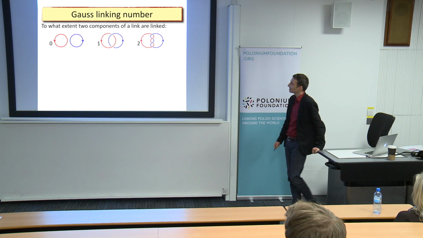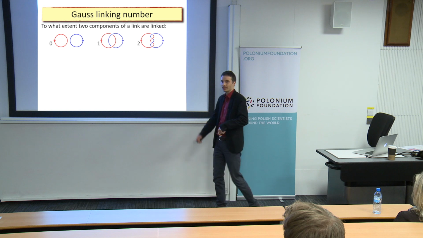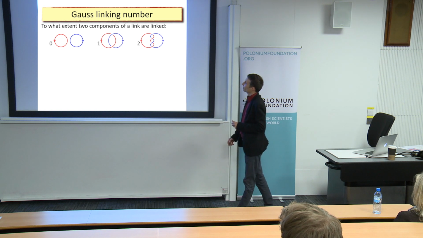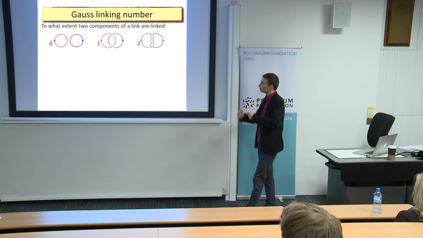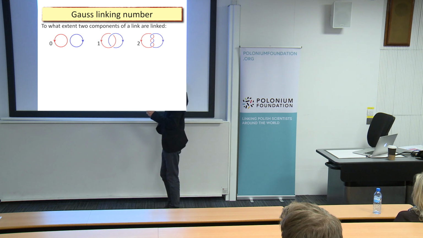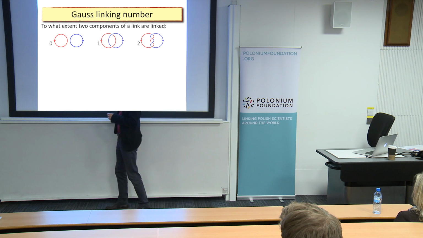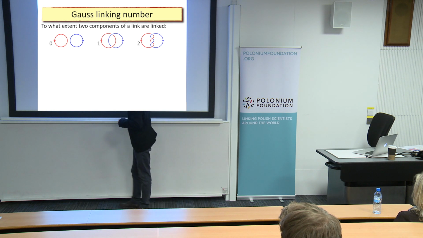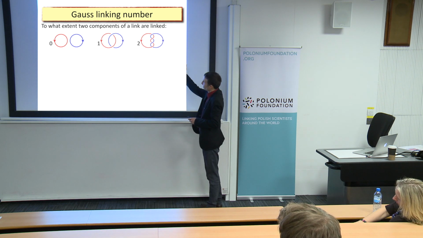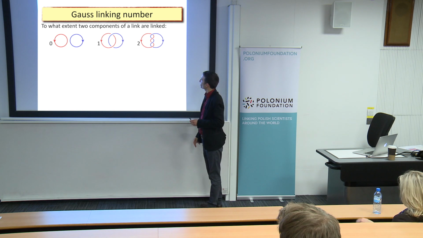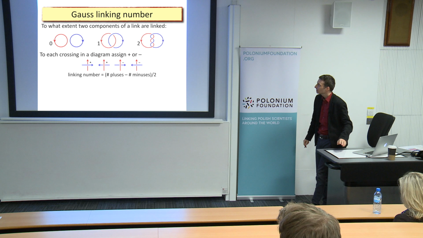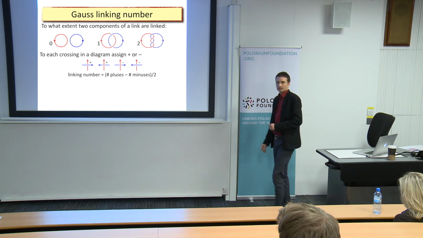The first one is, in fact, not an invariant of a knot, but of a link, which is called the Gauss linking number. And in some sense, it measures how two components are linked all together. So, for example, if you have two unknots, this linking number is 0 in this case. Here it is equal to 1. Here it is equal to 2. And you can guess it from the picture if you are smart enough. But there is also an algorithmic way to compute it.